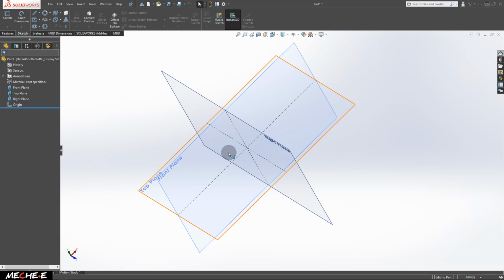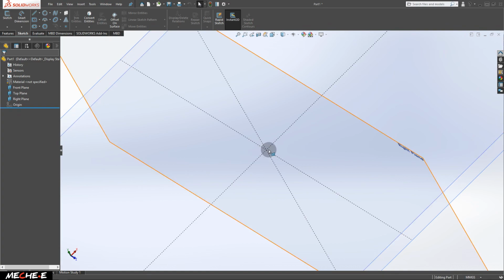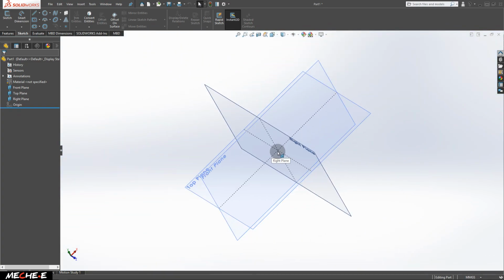To zoom in and out of this view, use the scroll wheel. To zoom in, you have to scroll down. To zoom out, you will have to scroll up. Once you know how to navigate around the view,